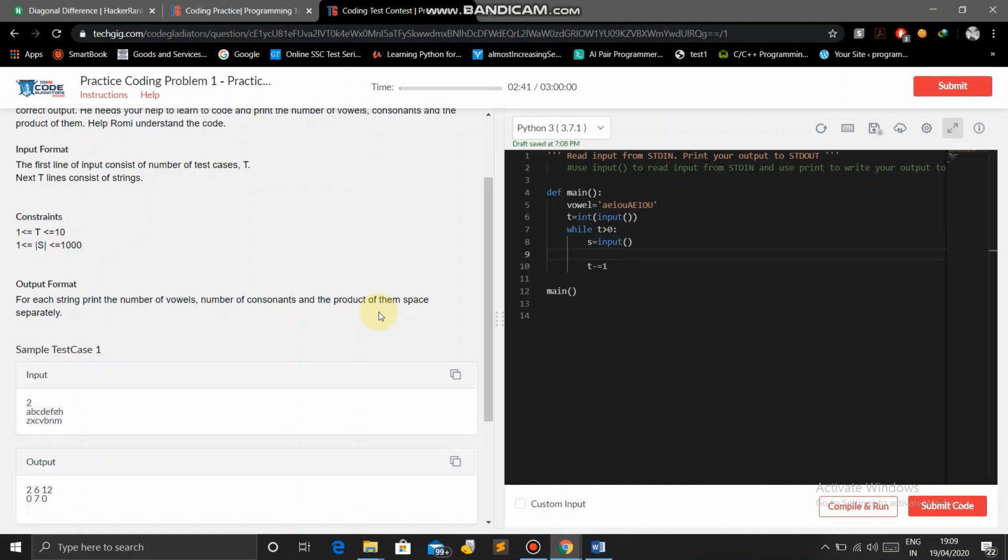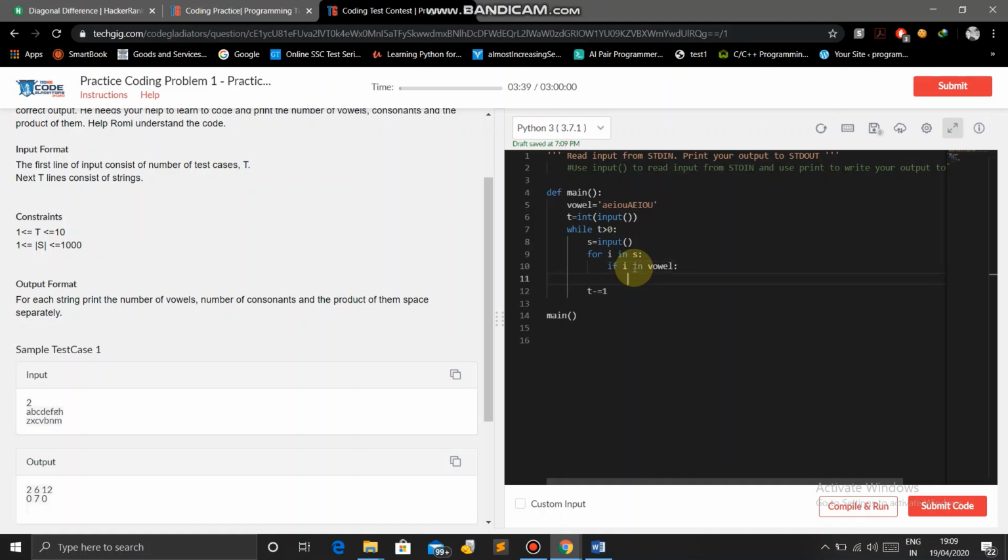Now for i in S, we check if it is a vowel or not.